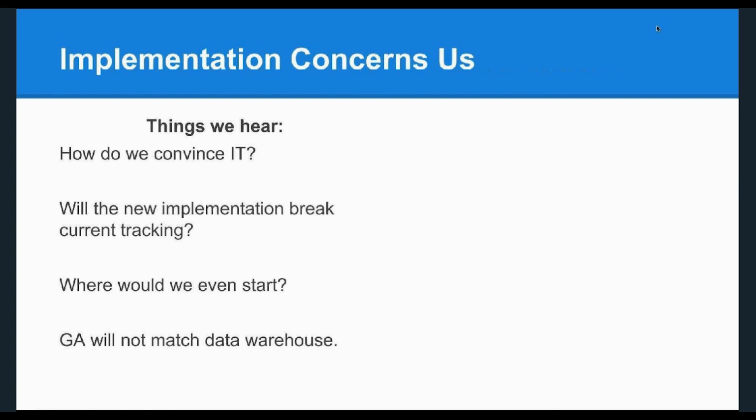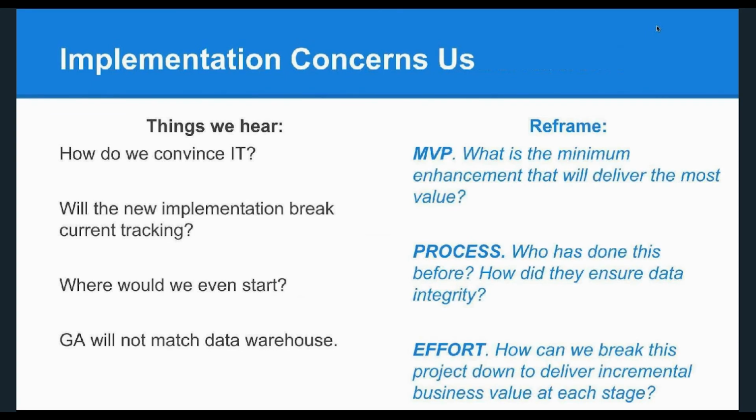The last set of objections that I want to talk to is implementation concerns, right? The questions that we often hear, sometimes from the IT team, not to pick on them, are: how will this affect what we are doing? Will this break anything that we are doing? First of all, if you already have to answer these types of questions, they are buying questions. People are already considering doing this type of implementation. You just have to assure them that this will go smoothly. So how can we reframe these objections?